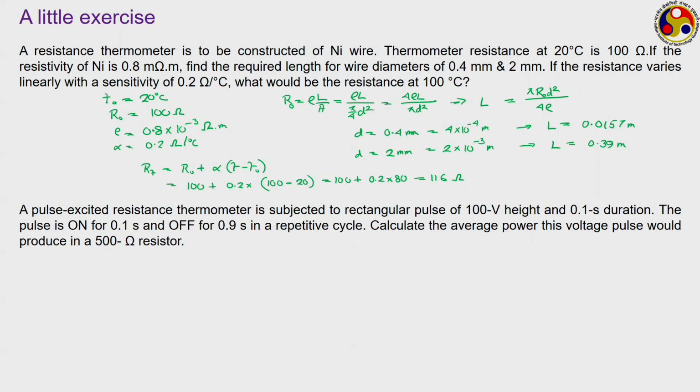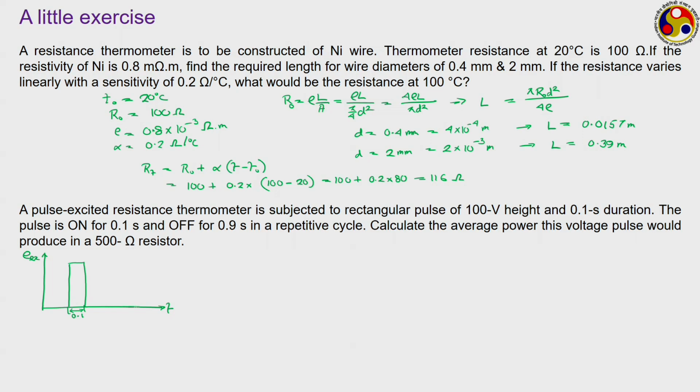Here we are saying that the RTD is exposed to some time varying voltage signal, and the time varying signal is of the shape of a rectangular pulse. That means the excitation voltage, if we plot with respect to time, say time on this axis and excitation voltage on this axis, then this excitation voltage will be of a shape like this. For a 0.1 second duration, it is a constant value of 100 volt, then for the remaining 0.9 second there is nothing, and so this duration is